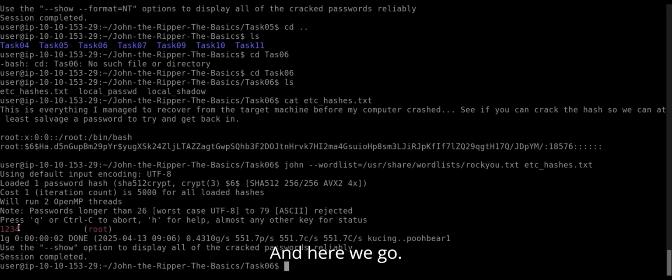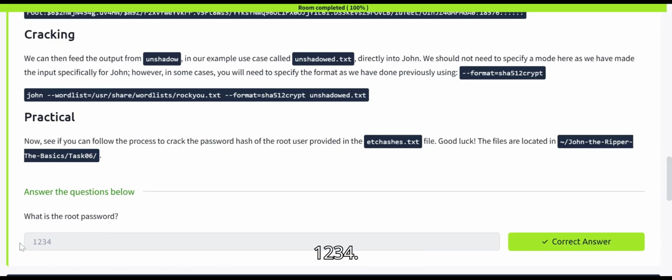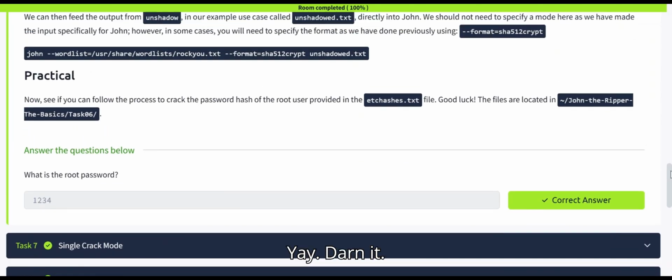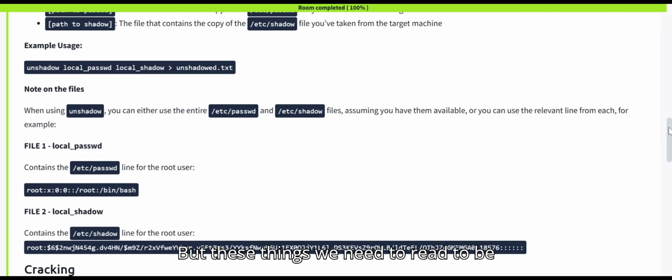And here we go. This is the password 1234 for the root. That is the password 1234. Yay, done it. But these things we need to read to be able to understand some of the concepts and